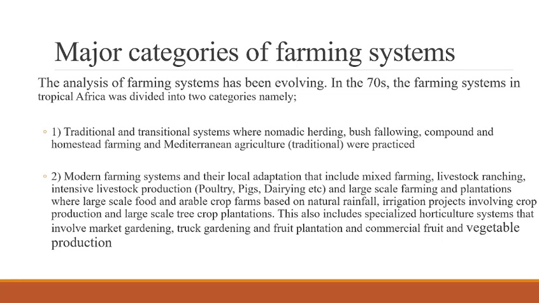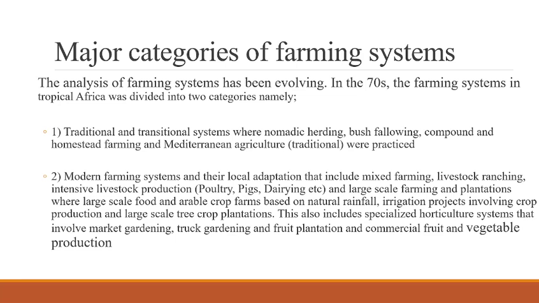First, we are talking of the traditional and transitional systems where nomadic herding, bush fallowing, compound and homestead farming, and Mediterranean agriculture, also known as traditional, were practiced. Another category is the modern farming systems and their local adaptation. These include mixed farming,